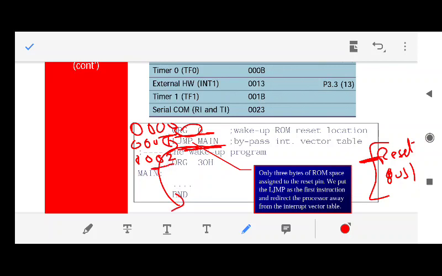For example, if you start the 8051, it will execute line number 0, it will execute line number 1, then it is jumped to the main program. Why is it not executing line number 2, line number 3, line number 4? Because this is a reserved space for ISRs. It should not execute this. They are only executed when an interrupt occurs.